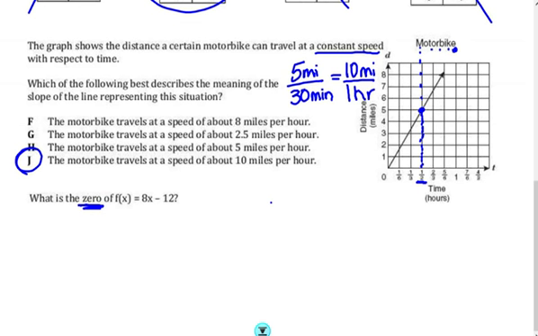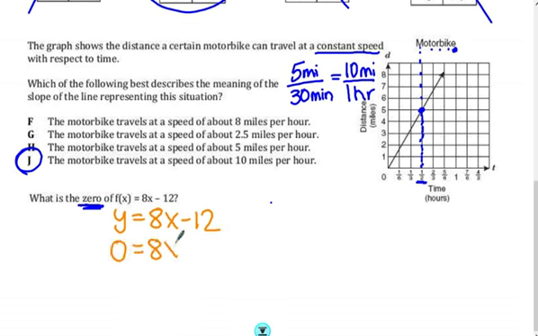So if I think back about that, an x-intercept, that's going to be whenever y is equal to 0. So this tells me I can plug in a 0 for y. But I don't see a y. I just see f of x. Well, remember, f of x is just a fancy way to write y. So now after I've done this, I'm going to plug it in for y, and then I can solve for